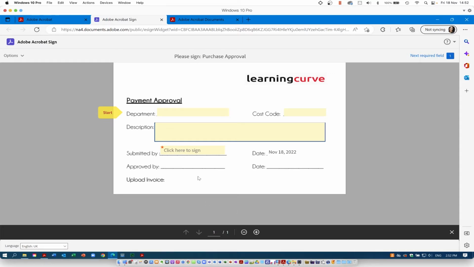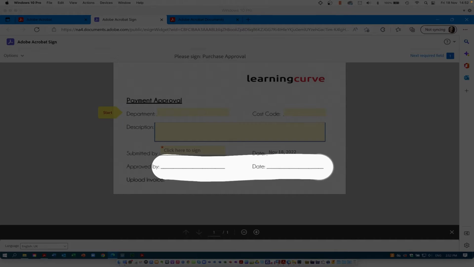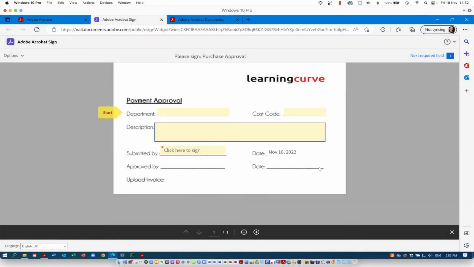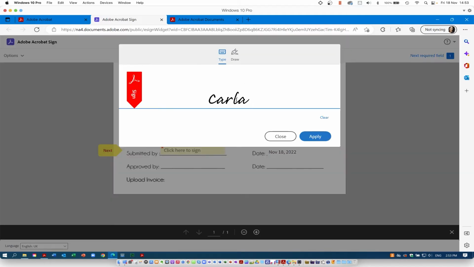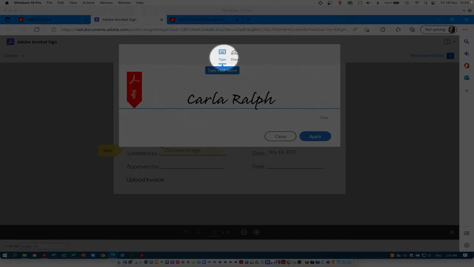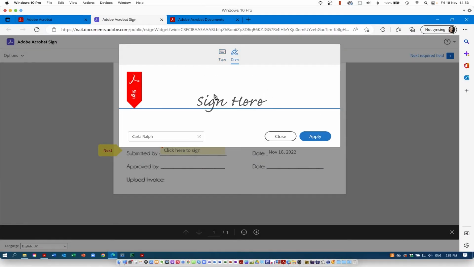You will have noticed that even though I had put two separate places for two different people to sign, the person filling in the form will only be able to access the form fields that have been allocated to them. They could then come in here and apply their particular signature. There's two ways to do this. One, by typing their name, the other one by drawing their actual signature,